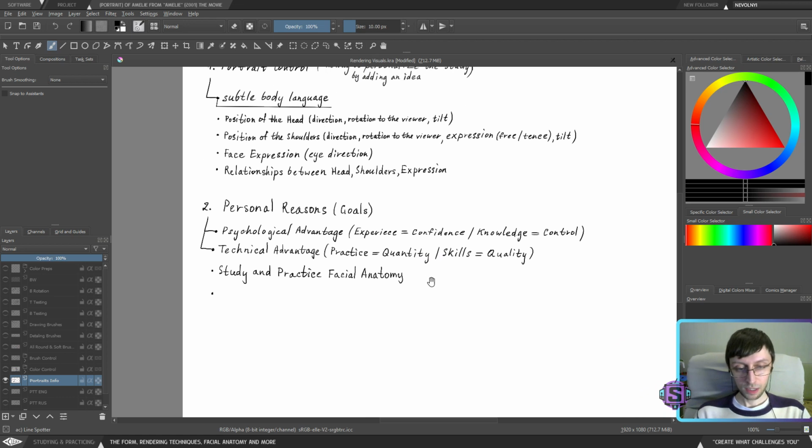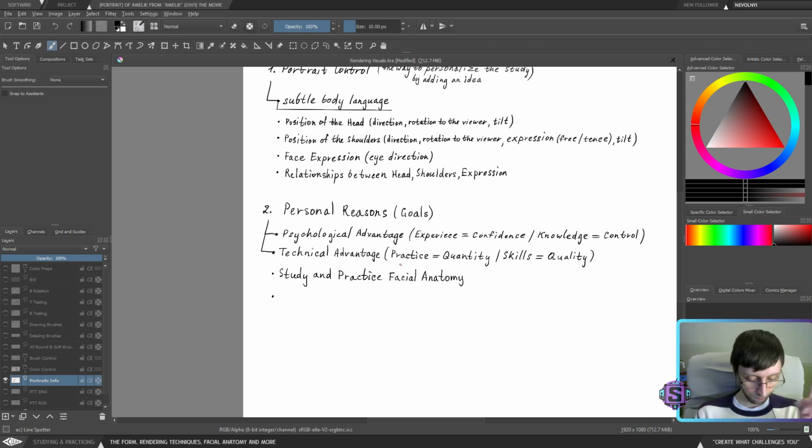Because of this, we're going to focus technically on studying and practicing facial anatomy. This is the first thing. Again, there's a lot of things that I need to work with technically. There's a pipeline, there's a creating process, so there are so many things that I'm probably not going to be able to put all of them in here, because all of them are kind of personal. For instance, the creative process is about working with confidence, and also about working with control. It's more psychological than practical or technical. In terms of the technical, I guess we will establish only three in order to simplify. The first one is study and practice facial anatomy.